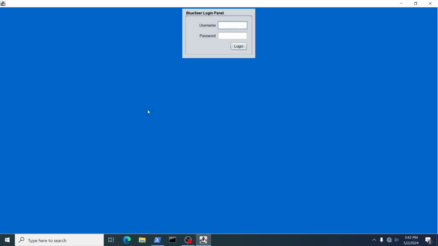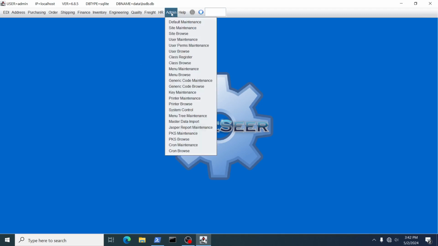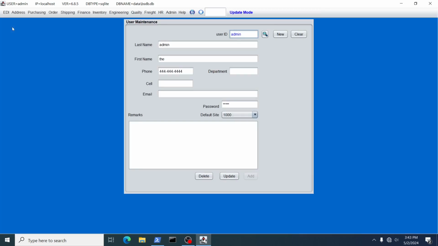So if you log in with admin, there is no password required because the security is not set up yet. So again, one of the first things you're going to want to do when you download and install Seer is set the admin password. You will do that by clicking on admin, user maintenance, or you can go to user browse, and there's only one user ID with the initial installation. Click that and just set a password for it,